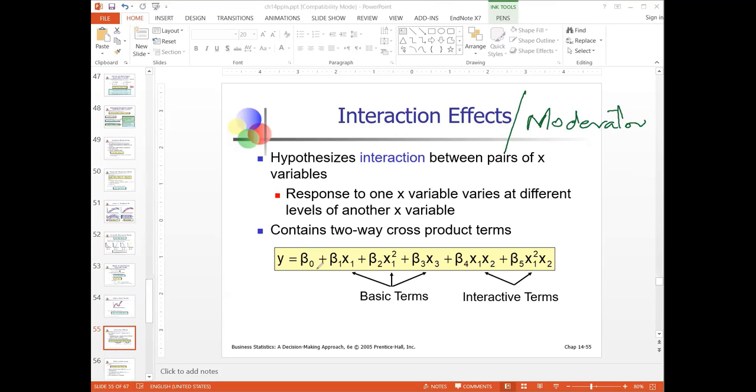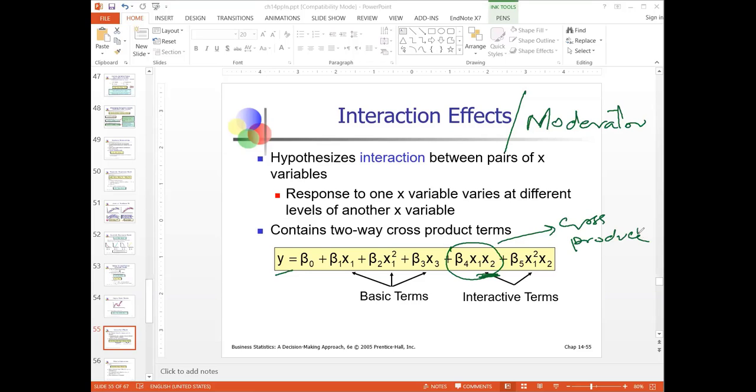Okay, so you can see in the regression there is one y variable, an x square, then x3. So x1 as a square, then x1 multiplied by x2. So x1 is also multiplied with a new variable x2, and this is a moderator form. So this is a cross product